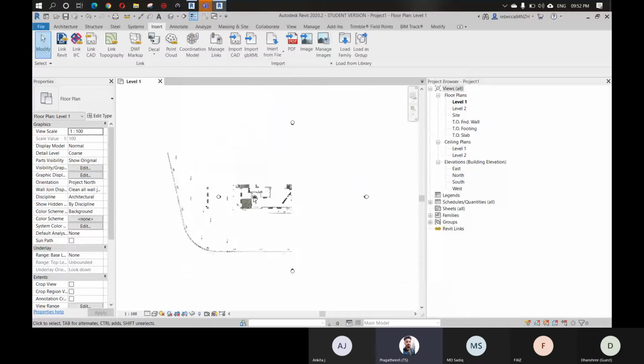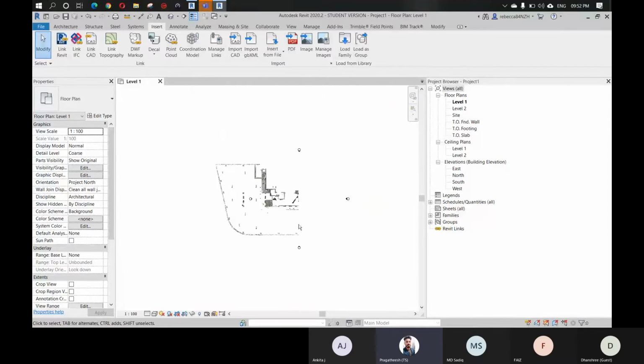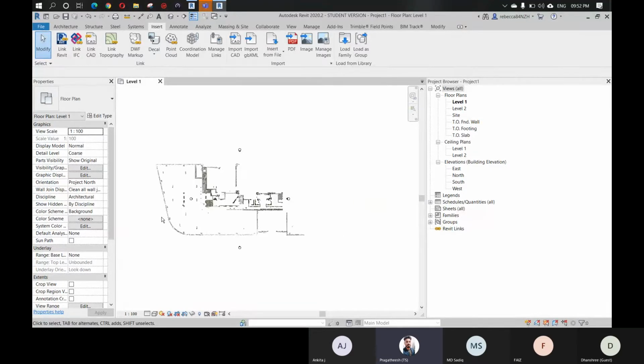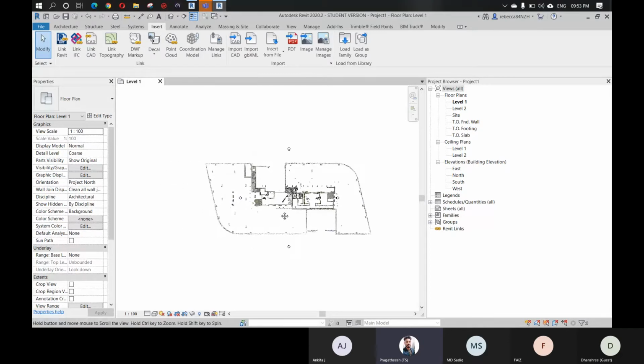Okay, so now we have loaded our point cloud file, and you can see it's just loading. It takes some time, but you cannot select anything here. Once you have loaded your point cloud data, you have to set the levels because you're going to convert this into a BIM model, right? So first you have to set some levels.